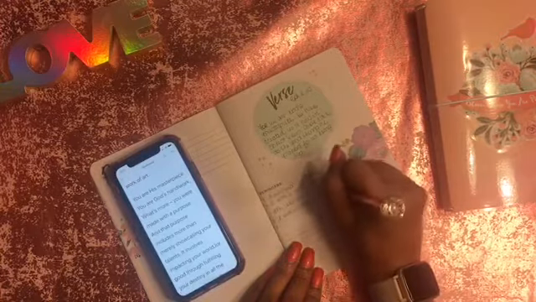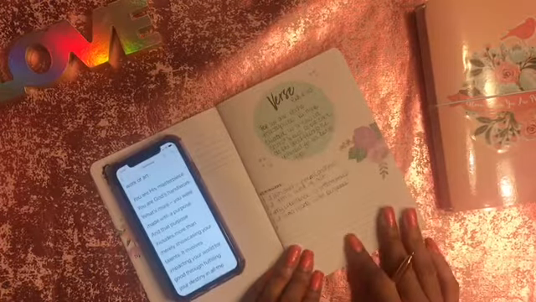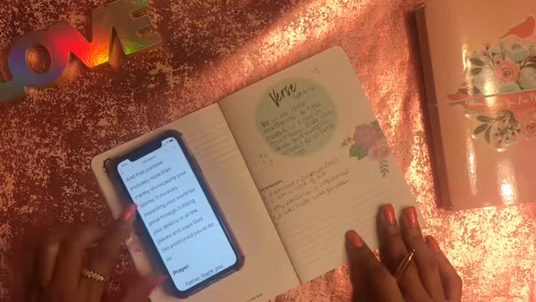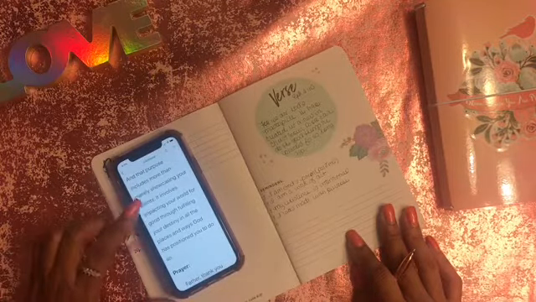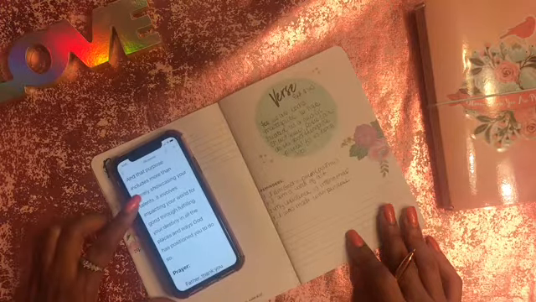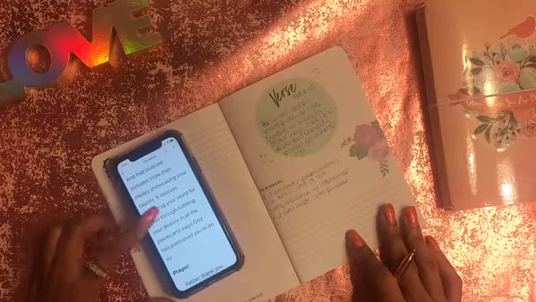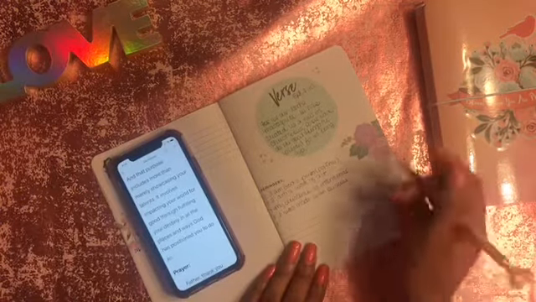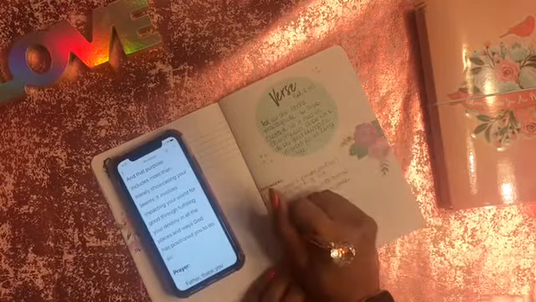I am a work of art. My existence is intentional. I was made with purpose. I will fulfill my destiny, and I am created for good works. And those things stuck out through the written part of the devotional or the storytelling part. So, those are things that I want to keep in the forefront of my mind for later